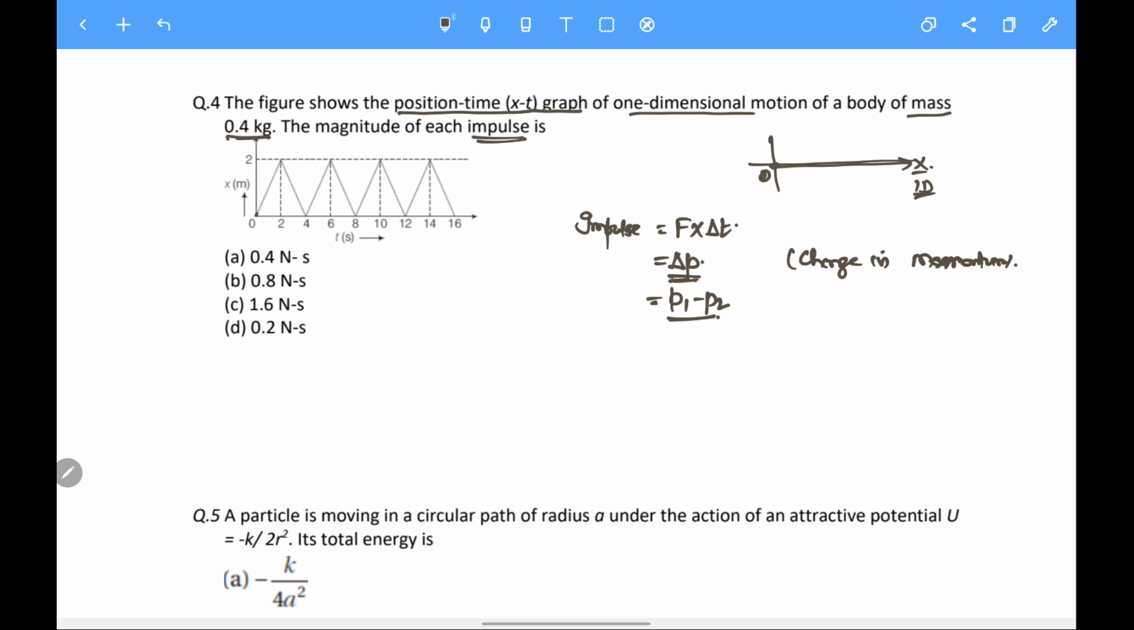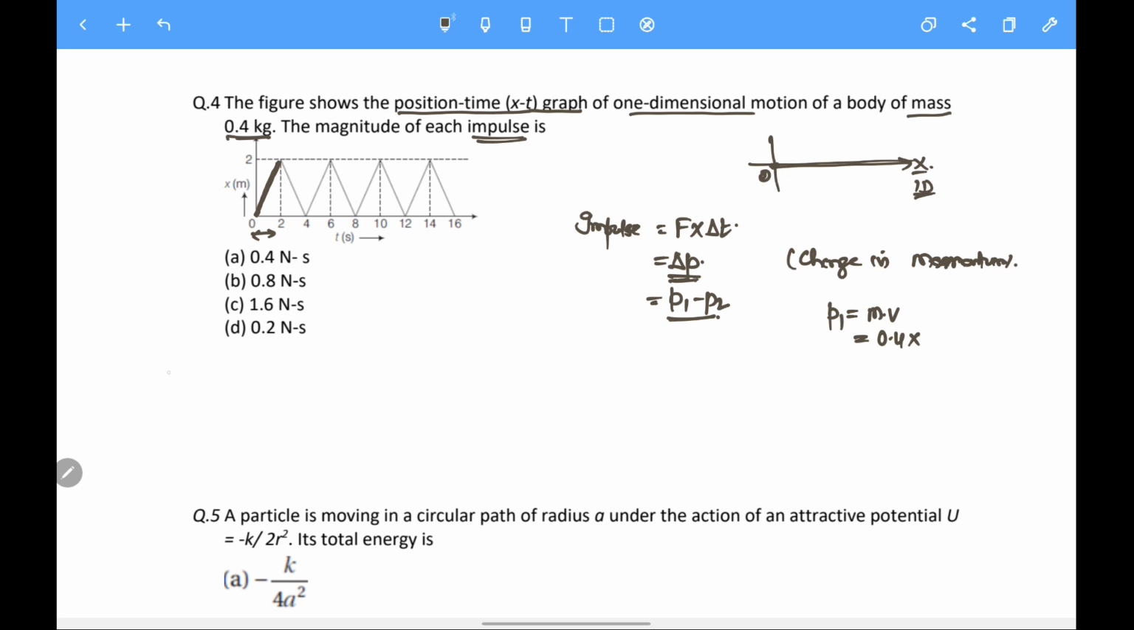The object is moving in this way. That means it is a straight line graph and it is an inclined straight line. That means object is moving at a uniform speed. From 0 to 2 seconds, object is moving in the uniform speed and it is going away from the origin. That means P1 is mass into velocity, and mass is 0.4 kilogram, and velocity is, we know from the position